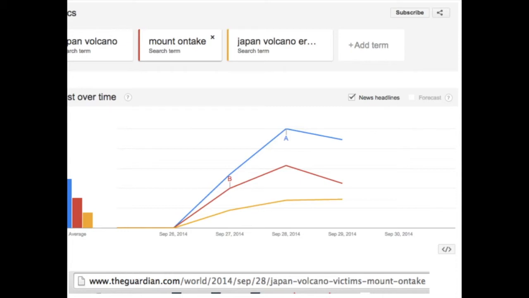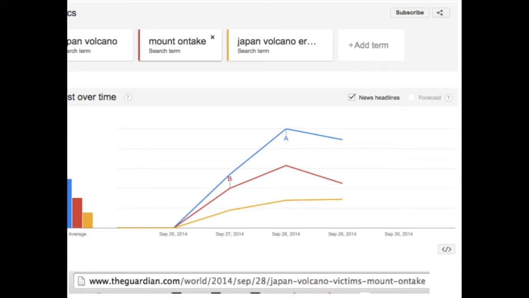Let's say I'm writing a story about that eruption and I want to know whether to use the phrase Japanese volcano or volcano in Japan, or whether I should use the specific name of that volcano, in this case Mount Ontake. Google Trends tells me that people in the UK are searching more for the term Japan volcano than they're searching for the specific name of the volcano.